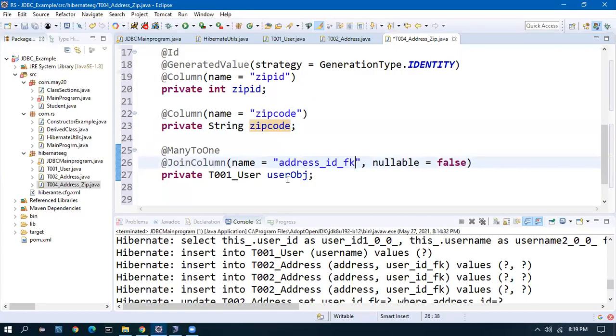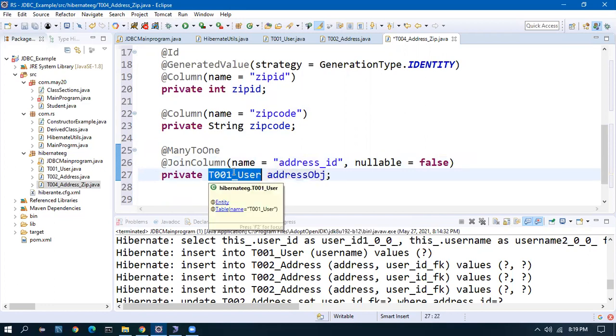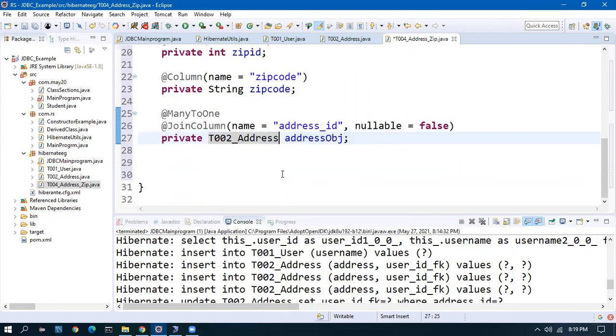This has to be address ID, the other table. And here I will give the address object, and this will be the T002 address, zip code address.